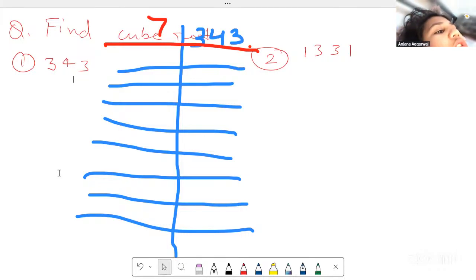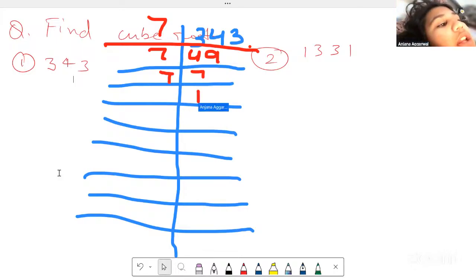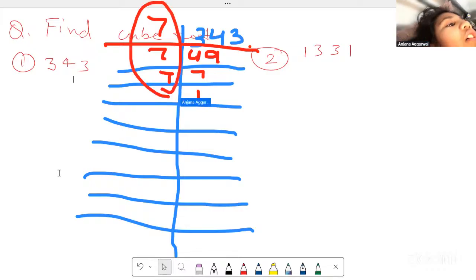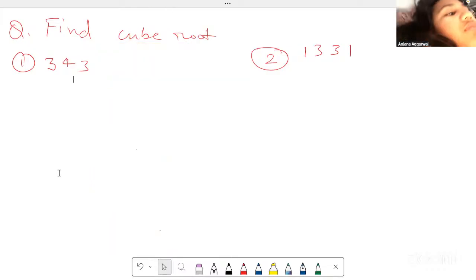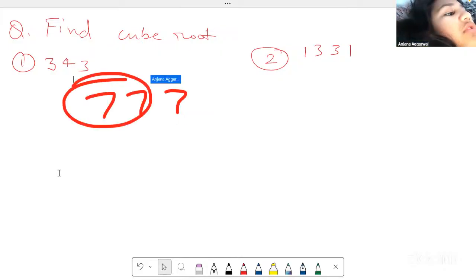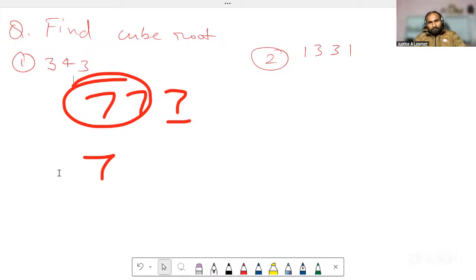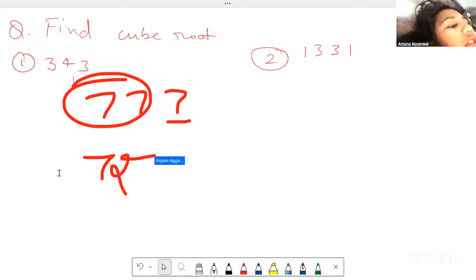34 would be 35, so it would be 4. 28. So 63. 9. And then 7, then 7, 7, then 1. So it's just this. I've got 7, 7, 7. A pair left alone, so 7. I forgot how to draw it, but something like that. And then 7. Cube root 7 is the answer.